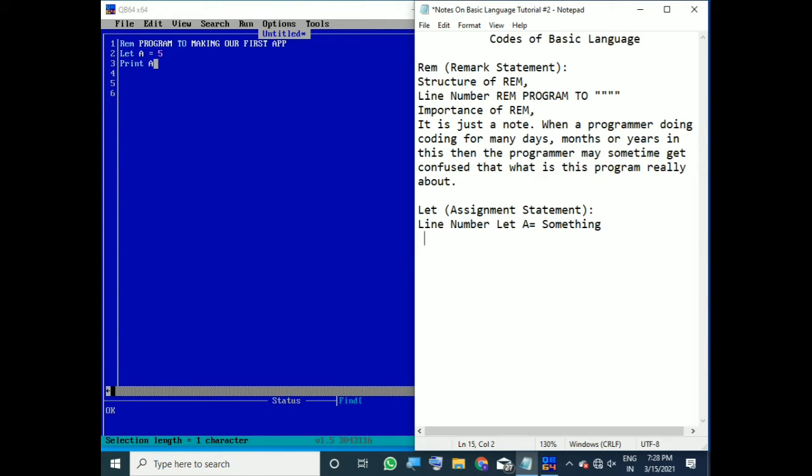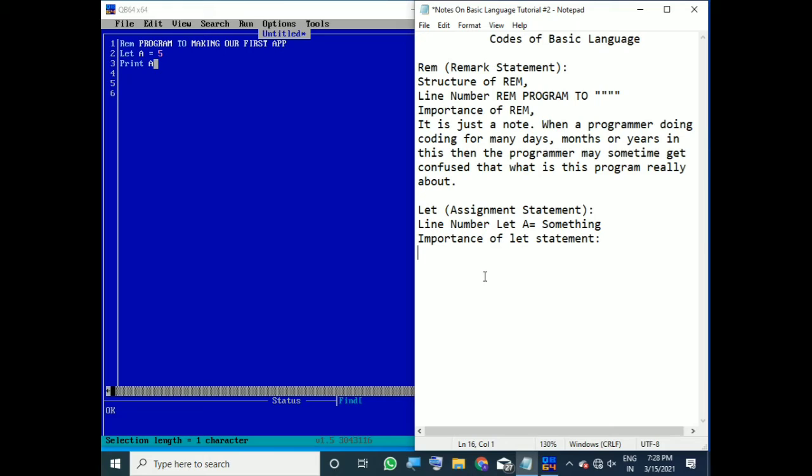So let's write the importance of the let statement. What is the importance of the let statement?